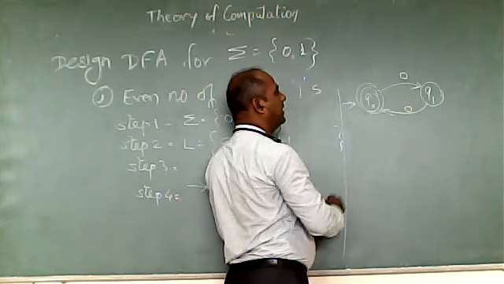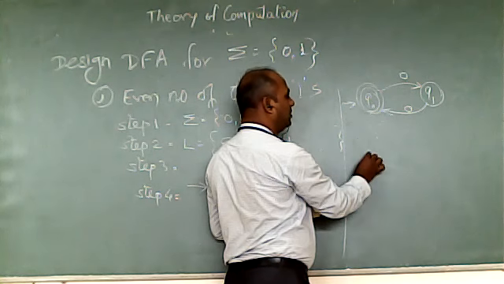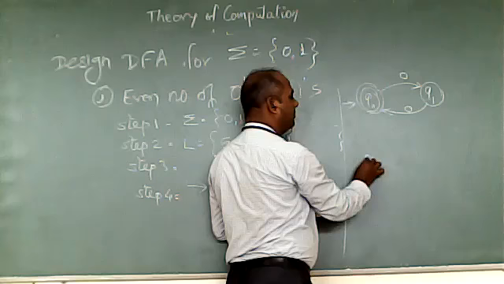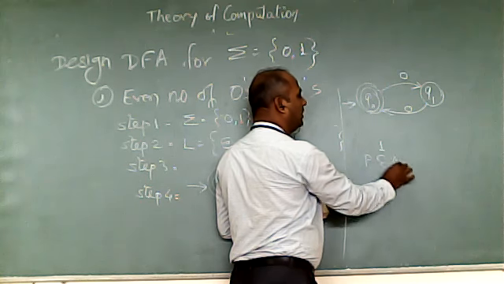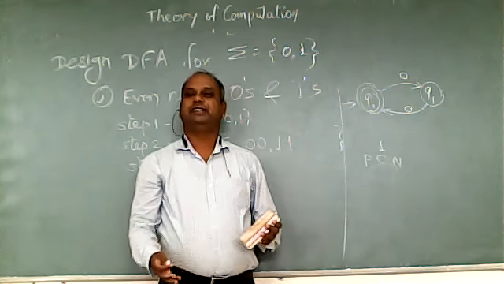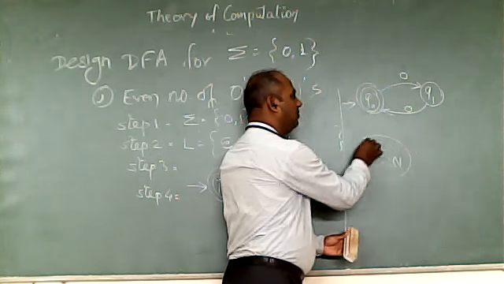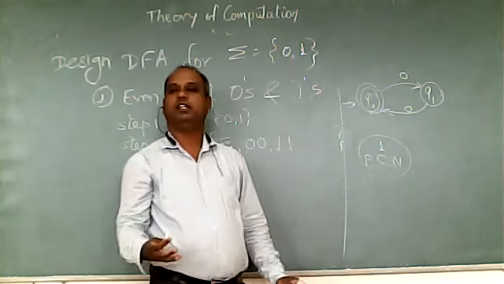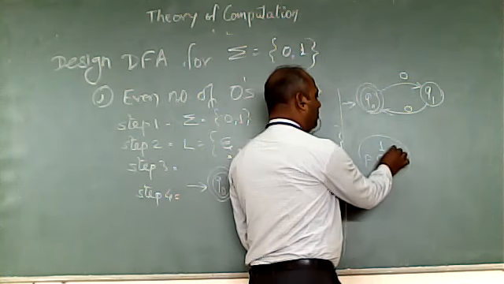Now we try with the second input. Q0, 0 transition is done. Q0, 1 transition: there is no previous string. Current string is 1, current input is 1. So what is the next thing? If my current input is 1, what next thing will make it valid? Because this is not a valid string.